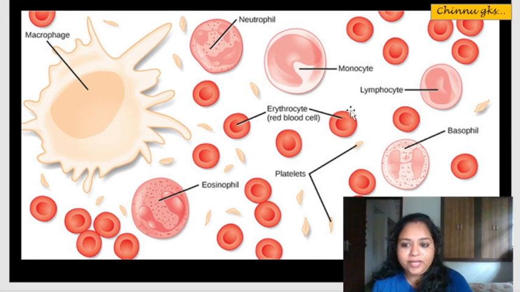Now we move to the next slide, to give you an idea about the shape and size difference. You can see the macrophage, how huge it is. It has an amoeboid body. All the WBCs normally have an amoeboid body so that they can crawl to the site of infection, kill the pathogen and feed upon it. So this is the neutrophil. You can see the monocyte, lymphocyte, and the shape difference in the basophil, eosinophil, and the platelets. So that's about the blood.